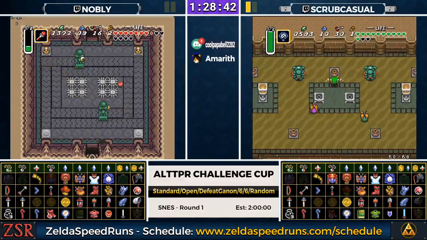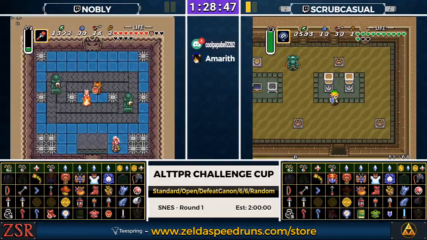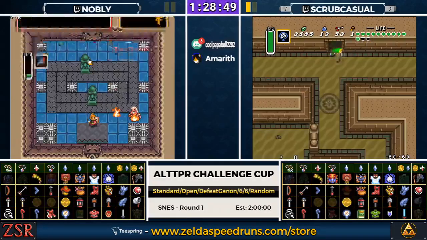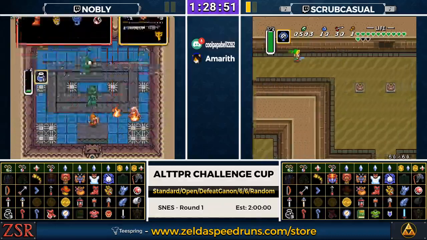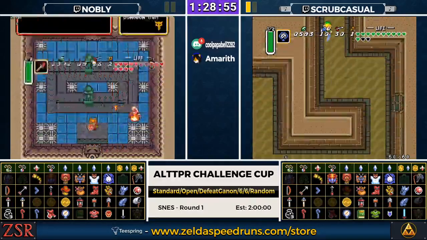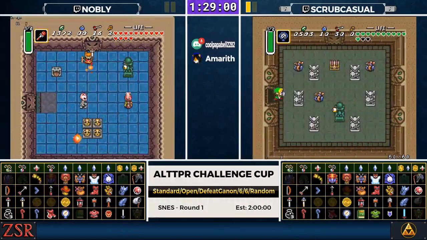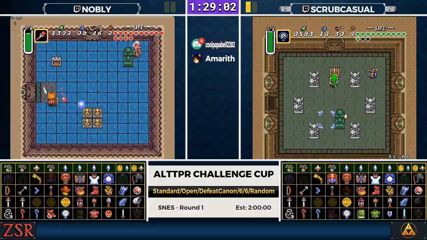On the subject of forgetting about things, our runners were in the light world so long ago, they might not be thinking about Sahasrahla, right? You might forget that you didn't get that because you make that check so early in the game so often that you might just assume that you've already been there. Now, Scrubcasual's map tracker should help him out with that one, but